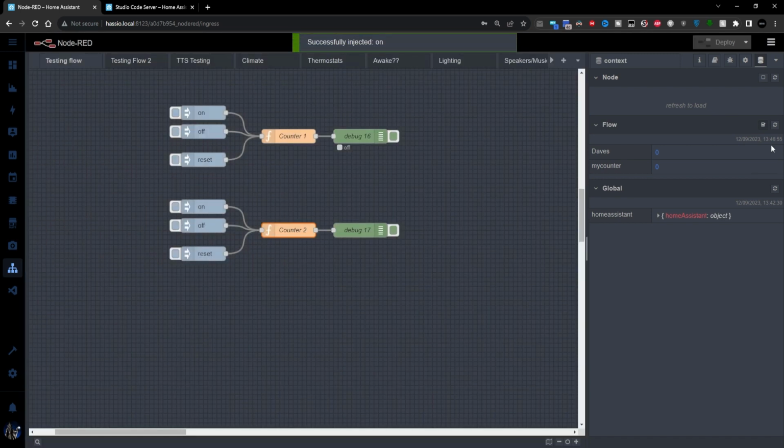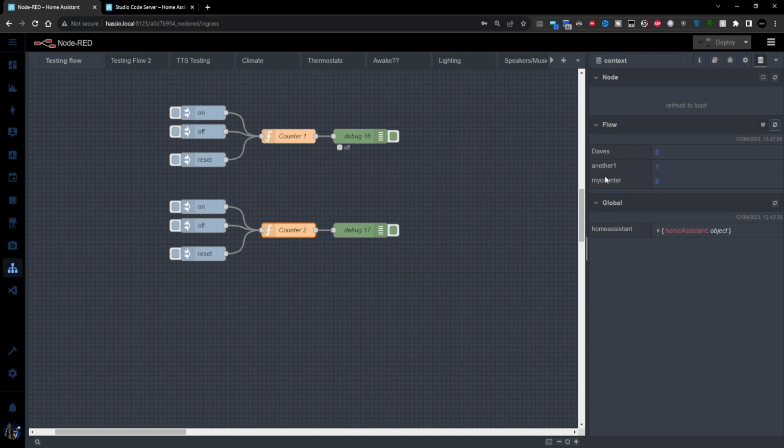So first time I trigger it, it's going to make the counter and give it a value of 1 because it's received an on. As soon as you deploy it and it gets its first input, it will set the variable name and increment it by 1. And then we won't get anything here until this one receives 4 pulses or 4 ons. So at the moment we're on 1. So we do 2, 3, and we'll do a refresh here. So we're on 3. Next one being the 4th one, we'll get an output of on.